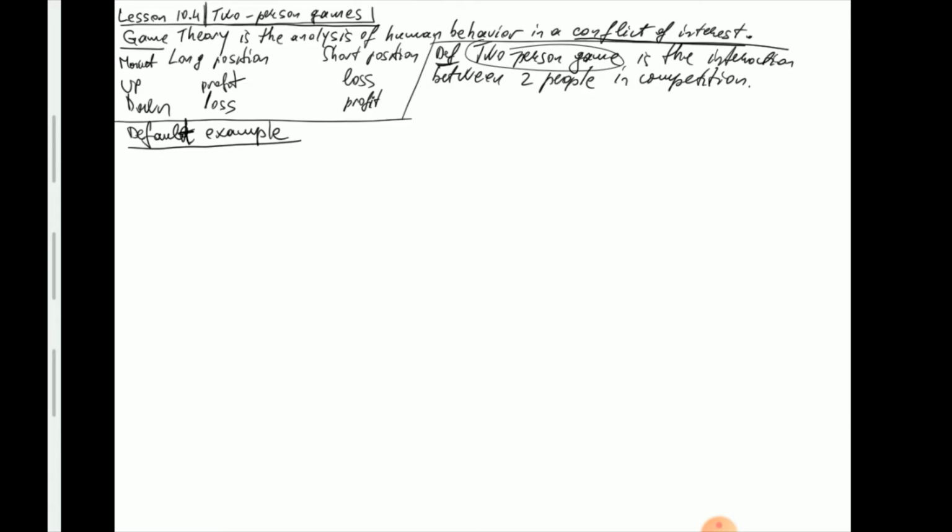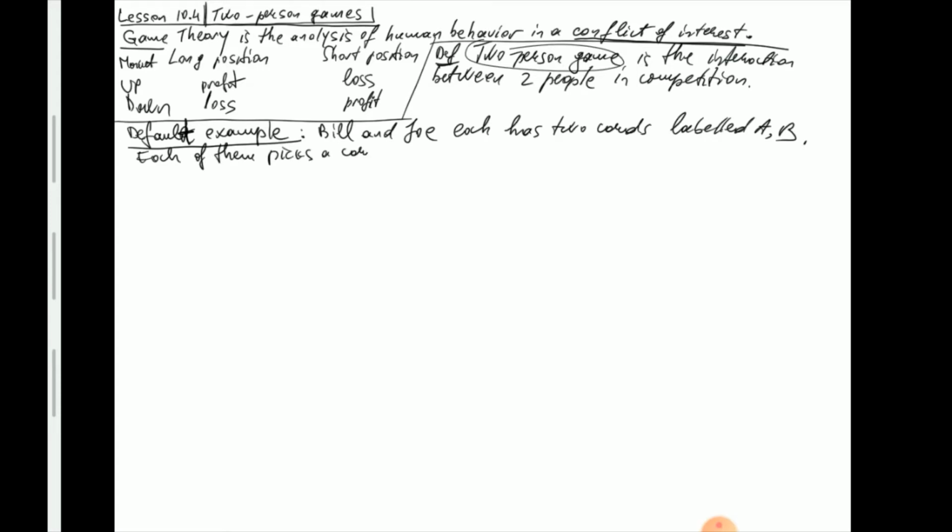Let's say we have two guys, Bill and Joe, and each has two cards labeled A and B. And then each picks a card independently. If the letters match,